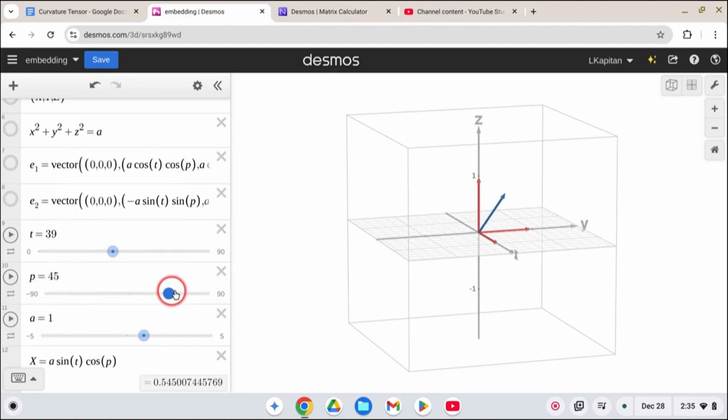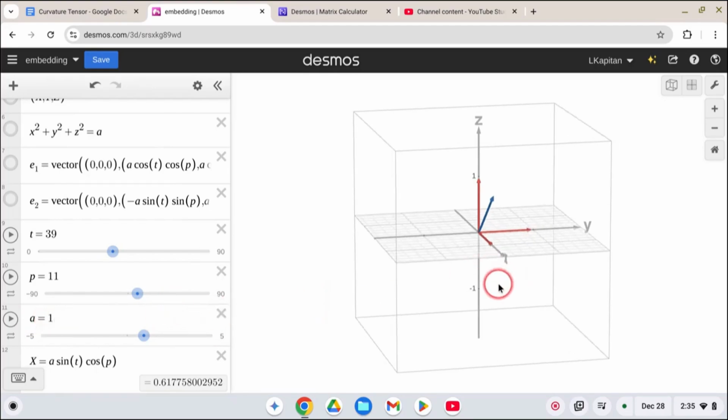That's phi. Now what we're going to do is leave the radius fixed. We're going to call the radius A, and I just set it at 1. You can set it at anything, as long as it's fixed. That's what allows you to work in the coordinates on the surface of the sphere,